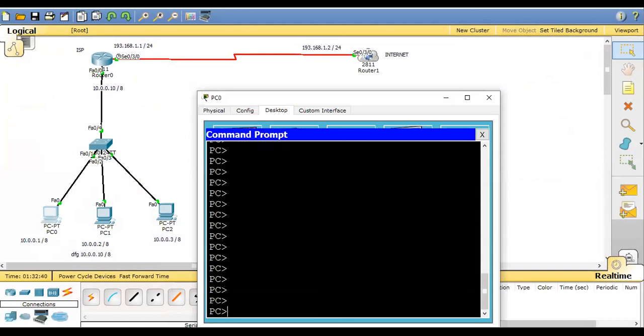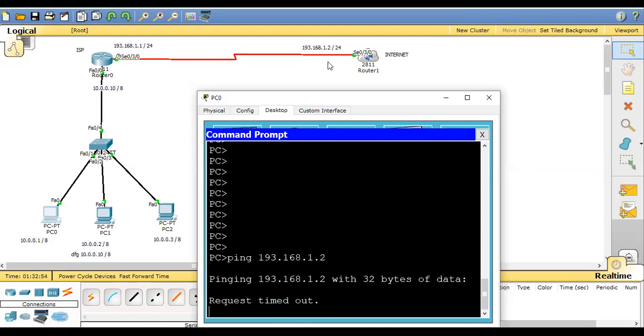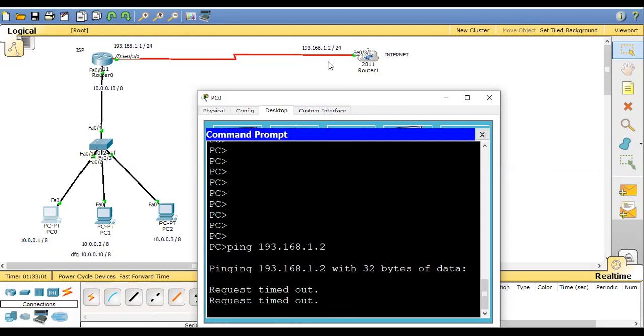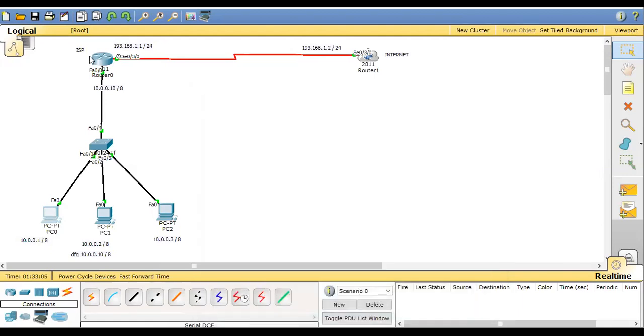I'm trying to ping 193.168.1.2, which is the IP address of your internet connection. See, my computer is not able to ping right now because my service provider has not configured any type of NATing over there, and we are going to configure the dynamic NATing.